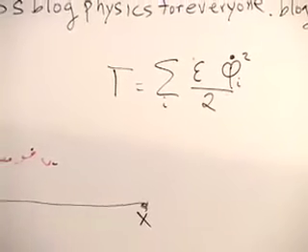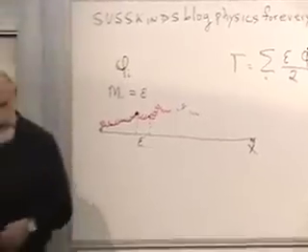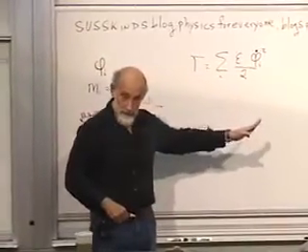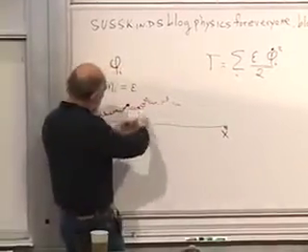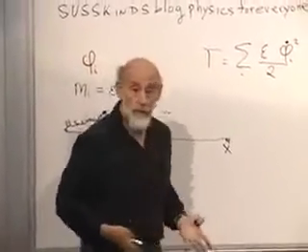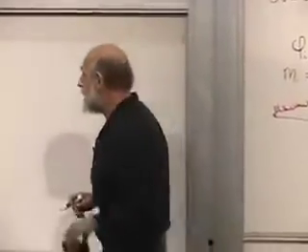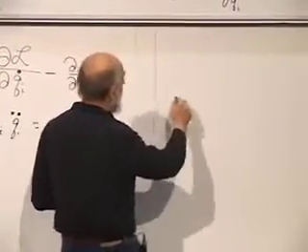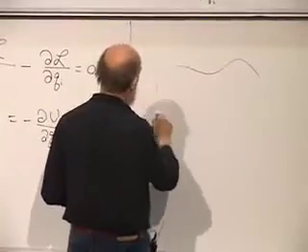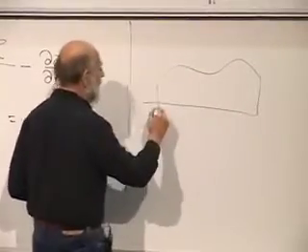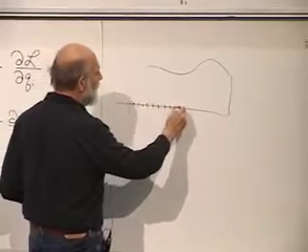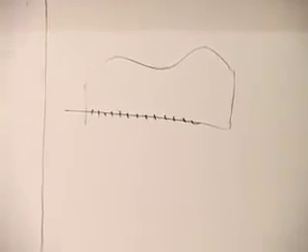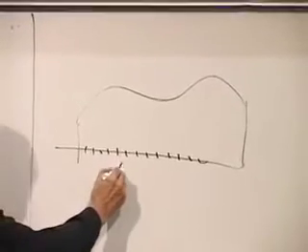Let me tell you what the later purposes are. Later on, we're going to replace this sum by an integral. When we start filling this up with more and more dense points, this sum is going to turn into an integral. That's obvious. Let me just remind you of the relation between sums and integrals. If we have a function on an axis, and the interval between neighboring points is, well, whatever that interval is, let's call it delta x,